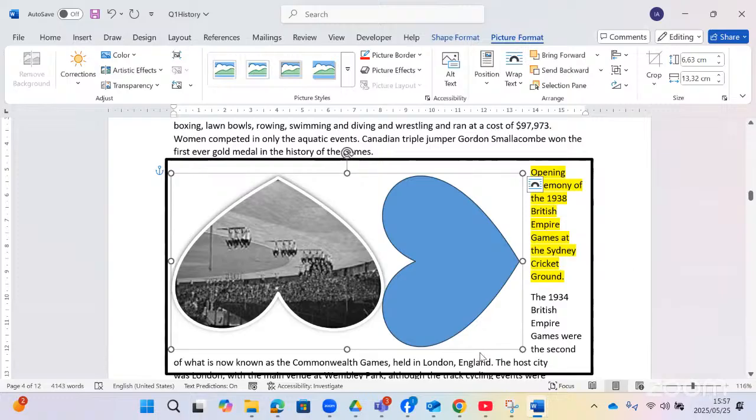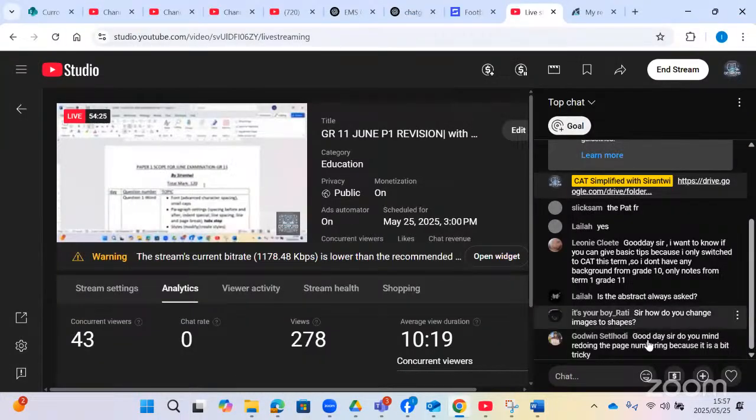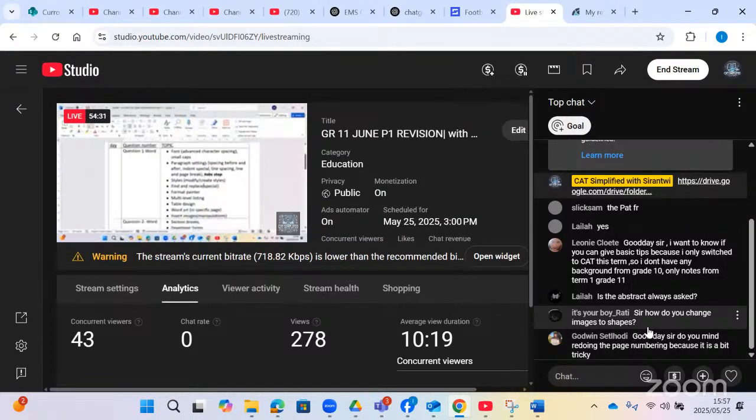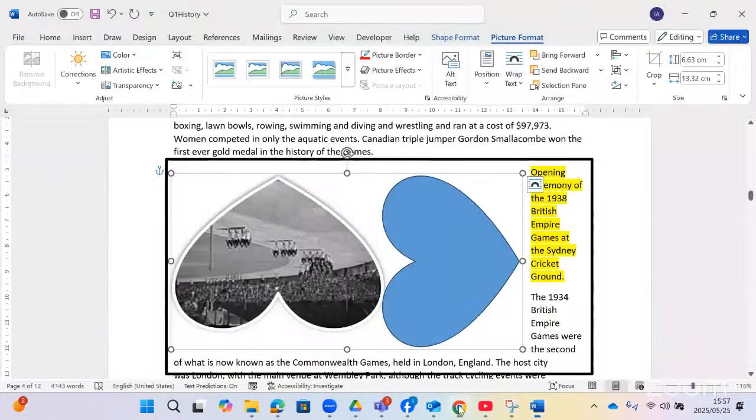Right. Any question? If there's no question, I move on. So I've answered your question. The one that says we should show how to do images to shape. So that's how we change an image into a shape. Right, then I move to the next question,